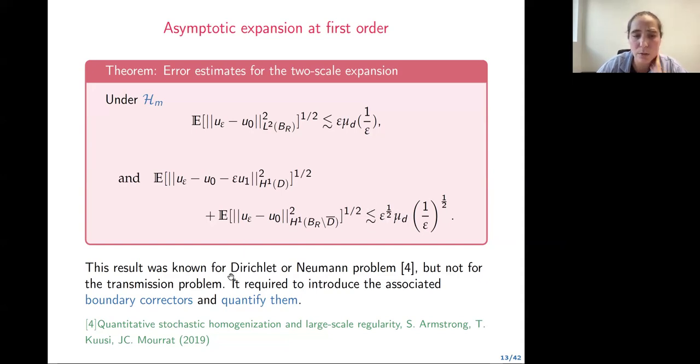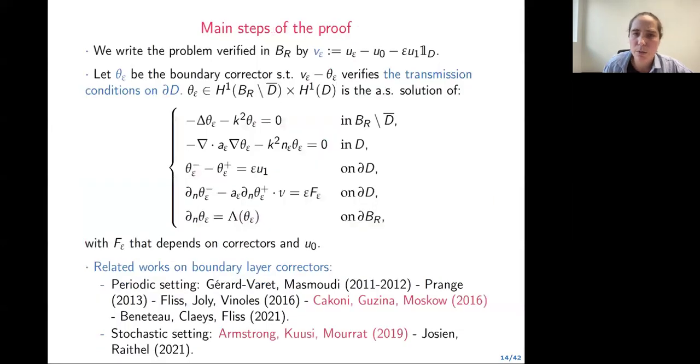Okay, this was a known result for the Dirichlet-Neumann problem, but for the Laplace equation. Here it's for the Helmholtz equation and it's for the transmission problem. So we needed to introduce the associated boundary correctors and quantify them. I just want to give you a bit of an idea of the proof. So the first thing you do is you introduce V epsilon, which is just your error,